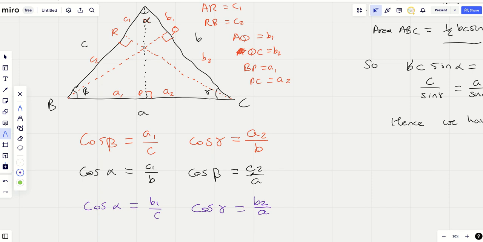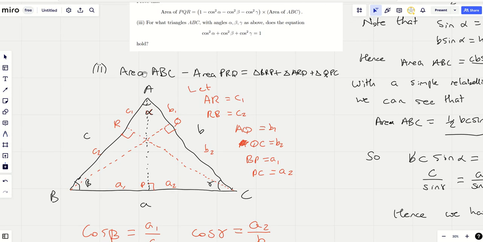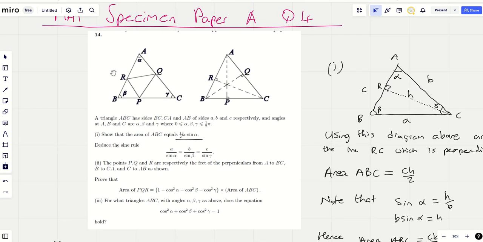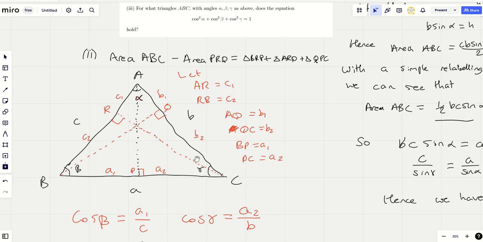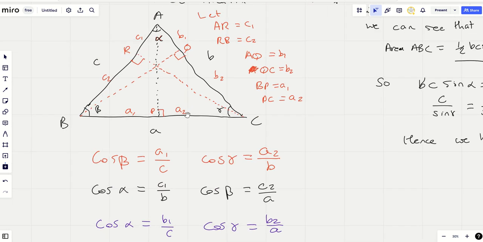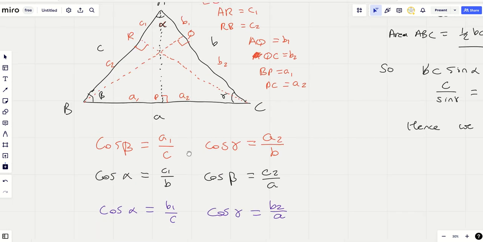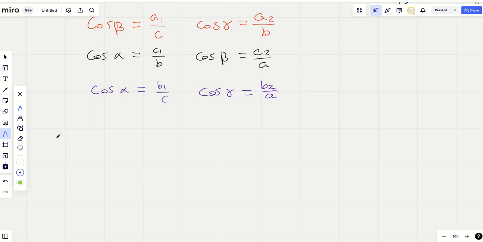Now, I thought, that's great, I've got that kind of thing, and then I thought, let's go back to this result which I'm going to use, which is area of the triangle ABC minus area of the triangle PRQ. This is basically this area minus the middle area is going to be equal to these 3 areas added together. Now, that's pretty easy to work out with your A1, A2, C1, C2, B1, B2, which is why I proceeded along these lines. So I said, okay, area of ABC minus area of PRQ